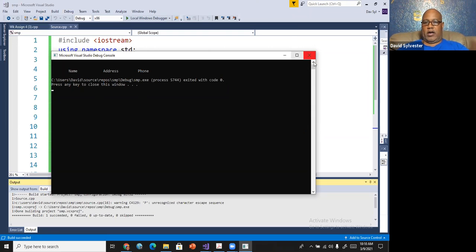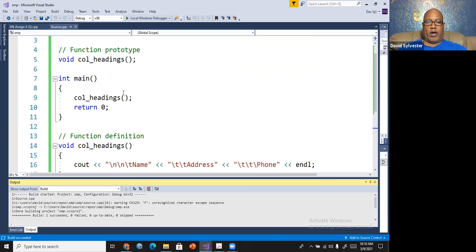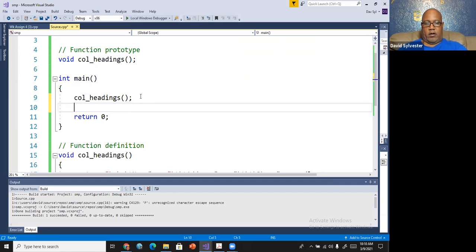So rather than having to write this particular statement for the heading multiple times, each time you had a new sort or a new group of information, all you had to do was, wherever you had it in your program, just call it,